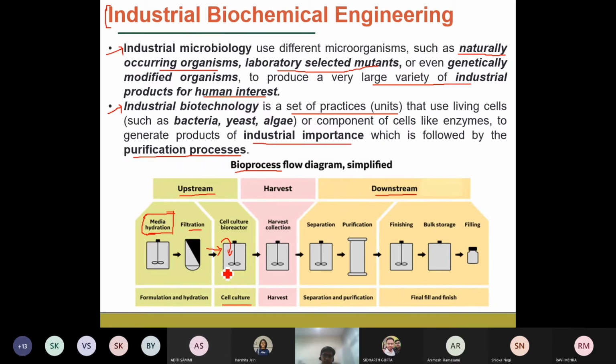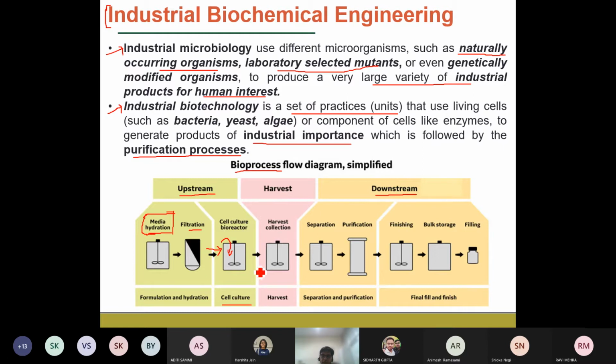We will look into those things. What is the serial dilution and all those things by which we can increase, for example, the concentration of the microorganism, and also we can select the targeted microorganism also. So in the cell culture, we increase the concentration of the cells, so that we have billions of cells, and once that growth media contains a very high concentration of the cells, then it is used for the production of our targeted biochemical.